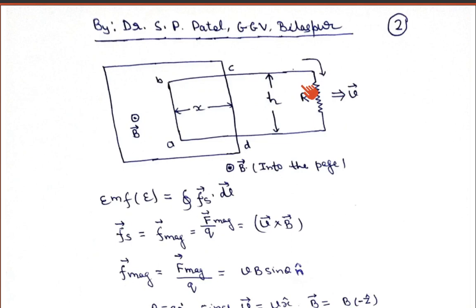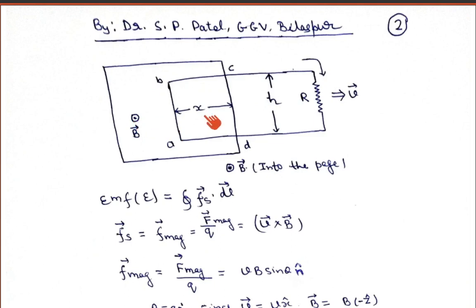Then the question arises, from where is this current originating? From where has this current come into the circuit? If you have a bulb, the bulb will glow here. That means from where is this current now flowing within the bulb, and why is this bulb glowing? In order to understand that, this answer can be given on the basis of motional EMF. So let us try to understand. The magnetic field is pointing into the page.